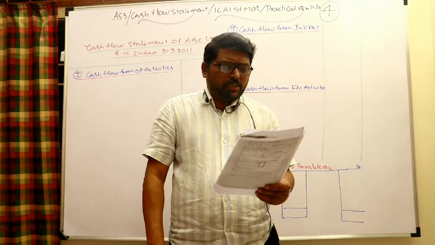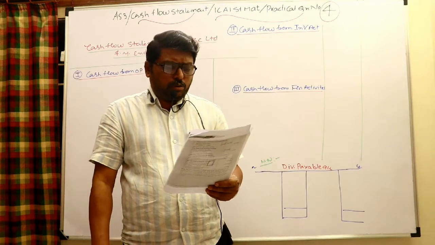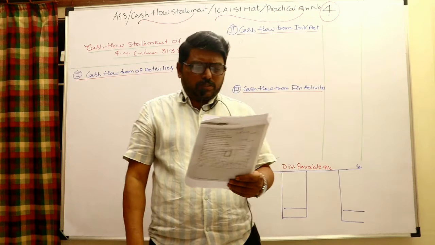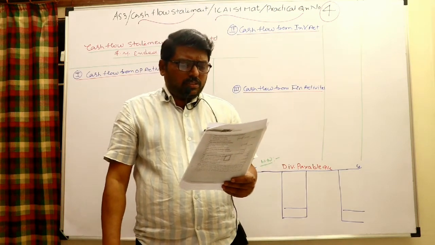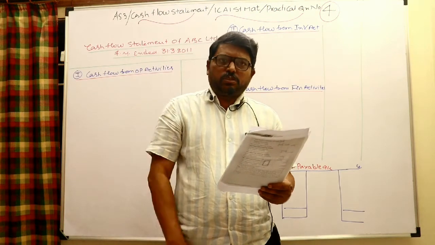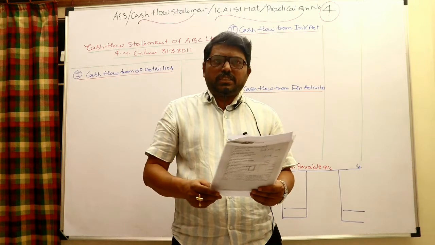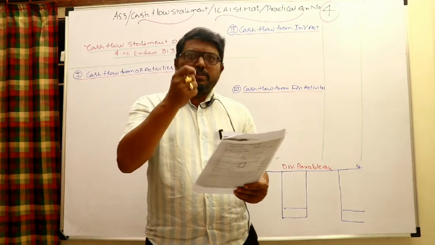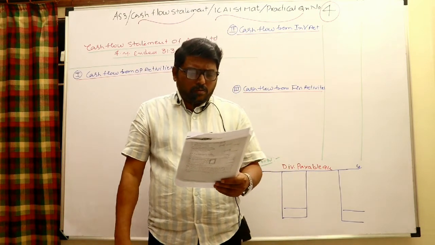Liability for expenses is 3,30,000 in the beginning and 2,70,000 at the end, which is nothing but outstanding expenses. So outstanding expenses decreased by 60,000, meaning the current liability decreased, and I can say again an outflow of 60,000 rupees. It is also to be taken at the place of change in working capital.